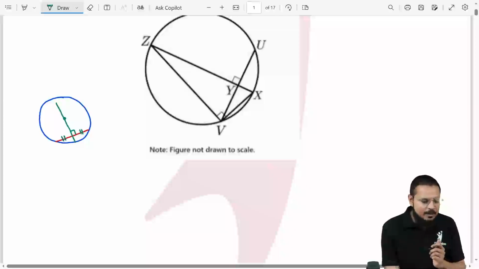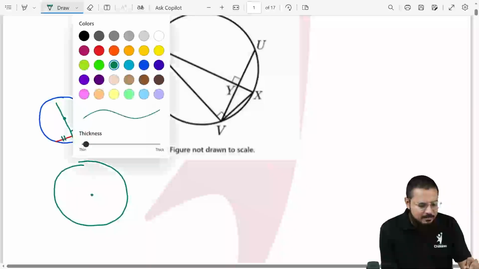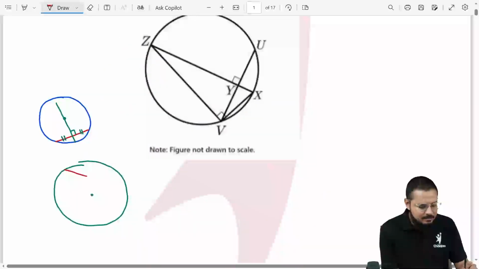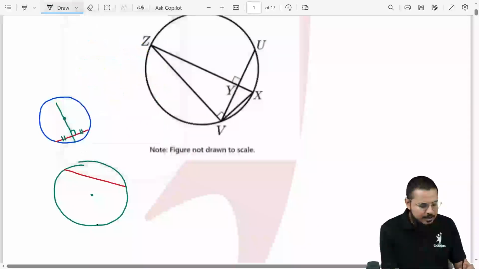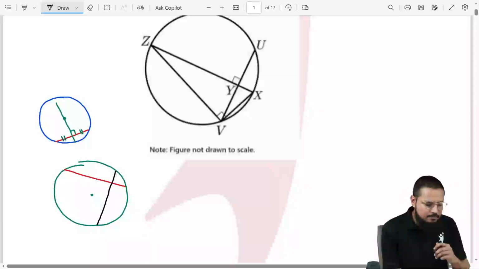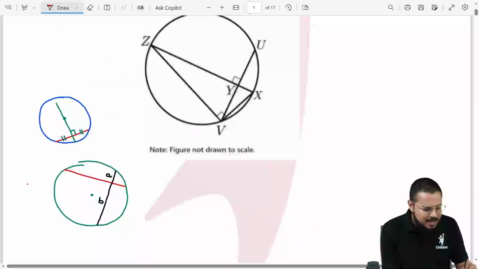That's the first property. And the second one is, let's say again you have a circle like this, and this time you have two different chords in this circle. One of them looks like this, and the other one is intersecting this chord at some point, for example, over here. If you look at the black chord first, if I name this line segment as A and the rest of the portion as B, and now let's have a look at the red chord as well. If I name this C and the remaining portion of the red chord as D,